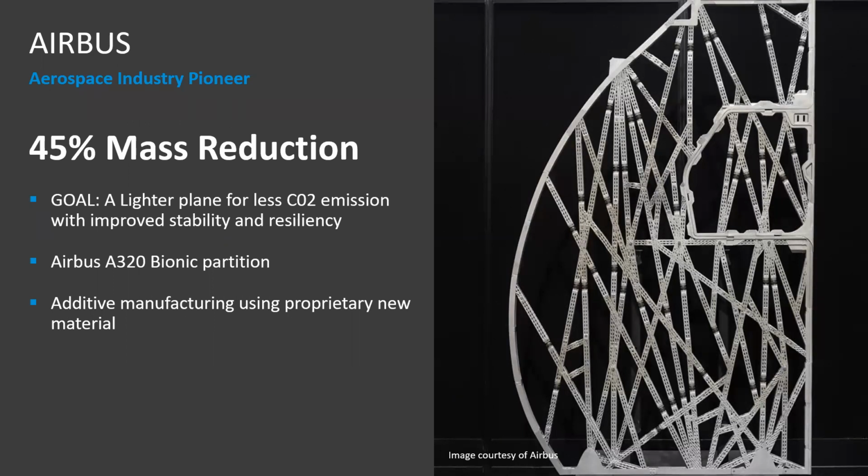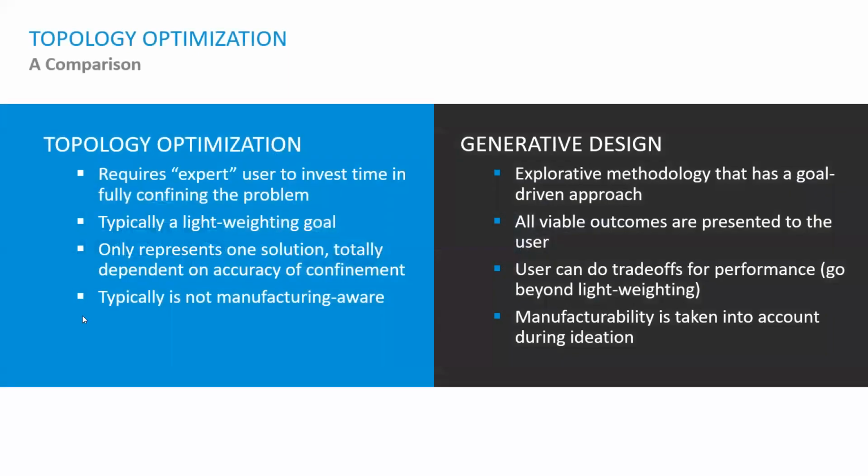Like if I go to the previous slide, see, typically it is not manufacturing aware. Whatever you have designed, according to your constraints, you can get the outcome. But you cannot decide whether that outcome can be manufactured with a CNC machine, with additive manufacturing, or with die casting. Then again, that part you have to perform. While in generative design, we can define all these things well in advance. Then according to these manufacturing methods also, it will give me the results.